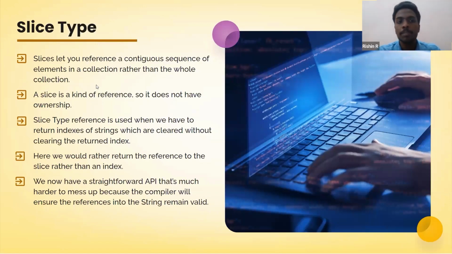Okay. Now sometimes we might need to access slices because we only want to take our concentration to that particular point. If you have done some problems like sliding window problems, then we are actually using slices or a sliding window to pass through the entire content of the data structure. So what happens is, in Rust, a slice is a kind of reference, so it does not have the